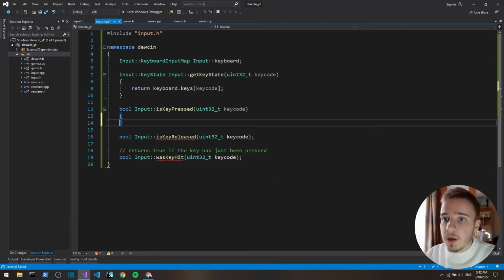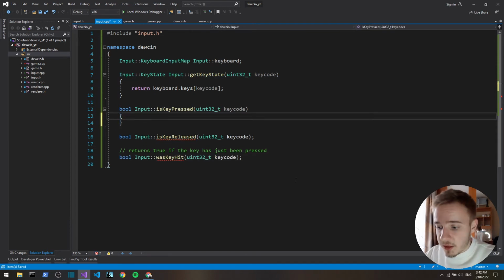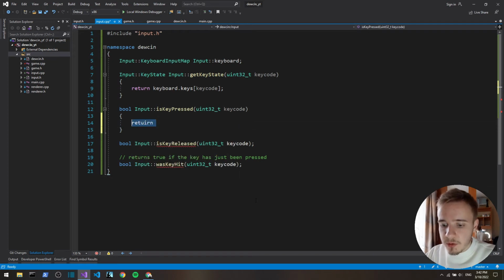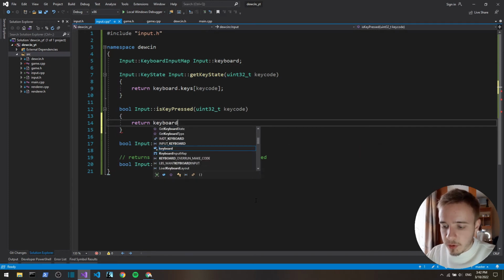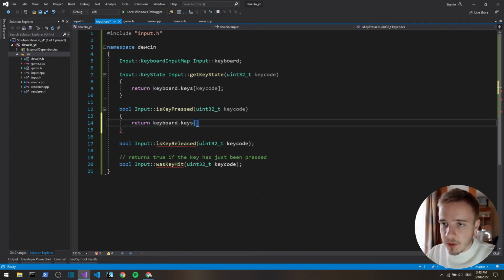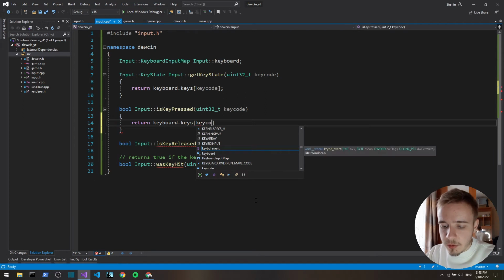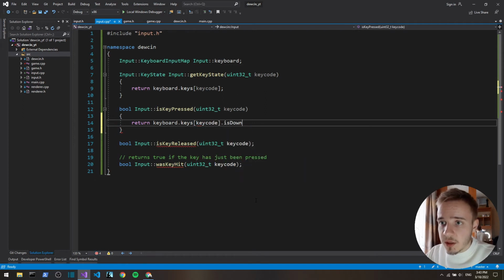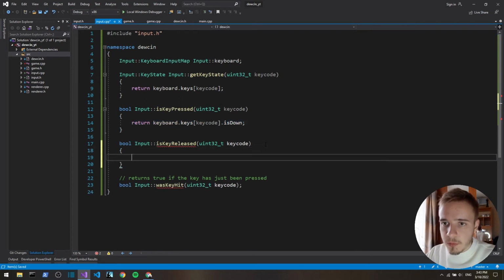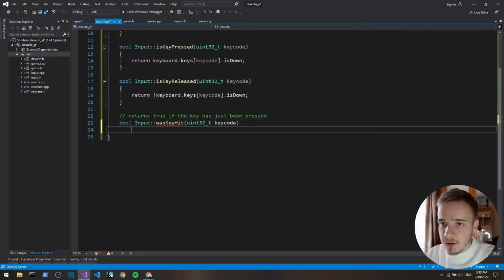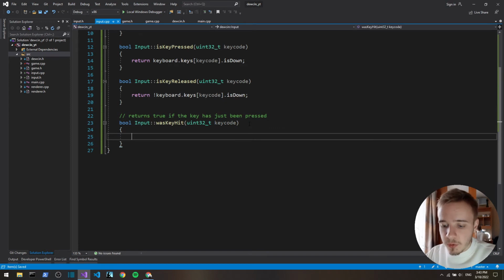Okay, so that's it for get KeyState. Is key pressed? We're just gonna return keyboard.keys key code and is down. Return is down, not is down for released, and for was hit you're gonna return